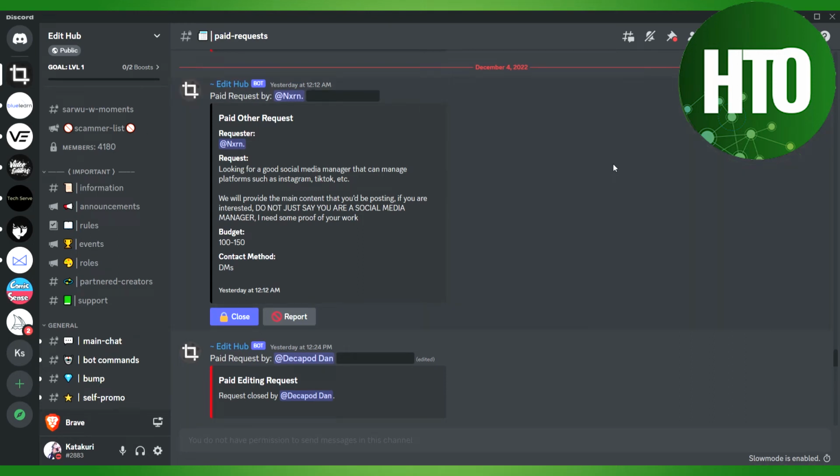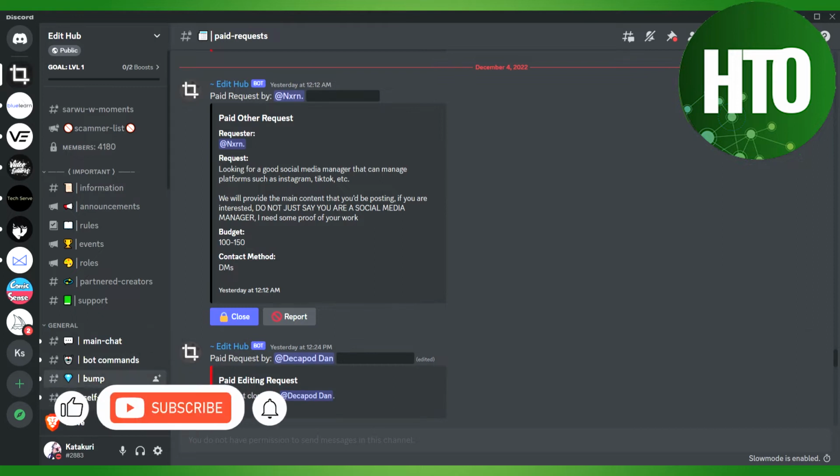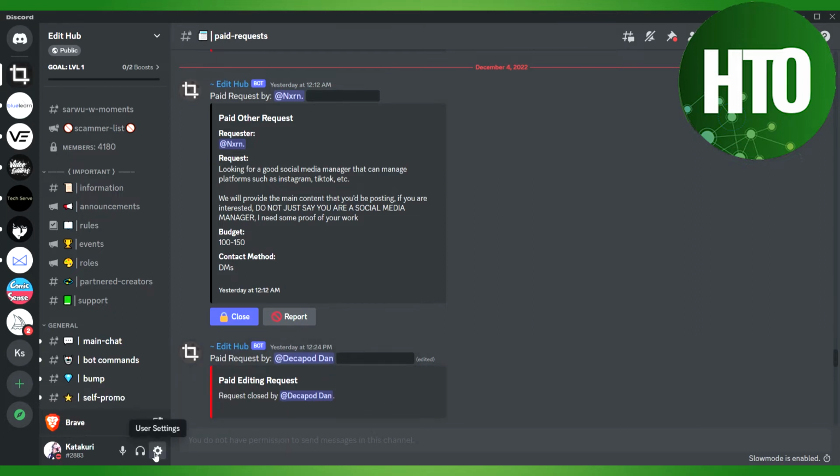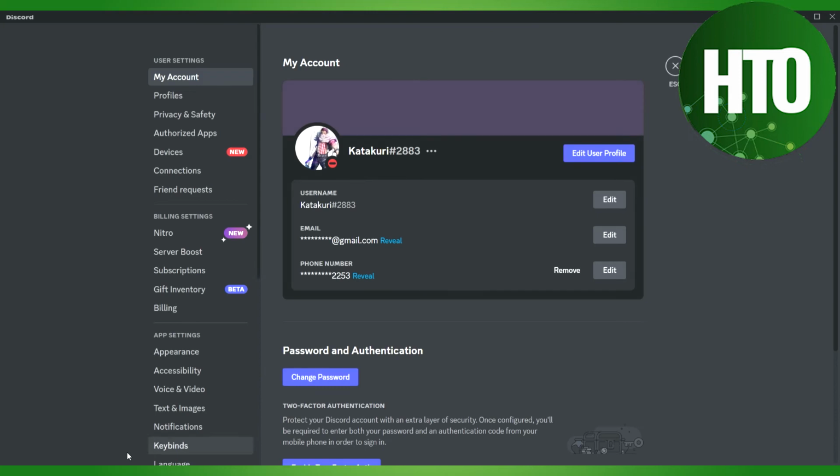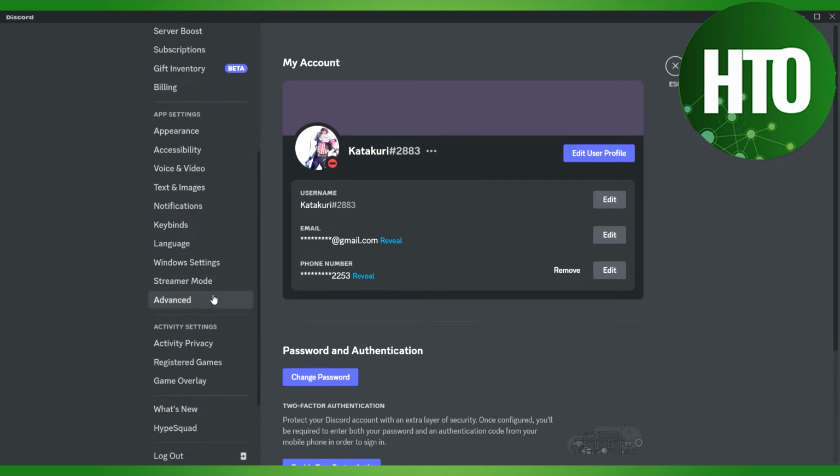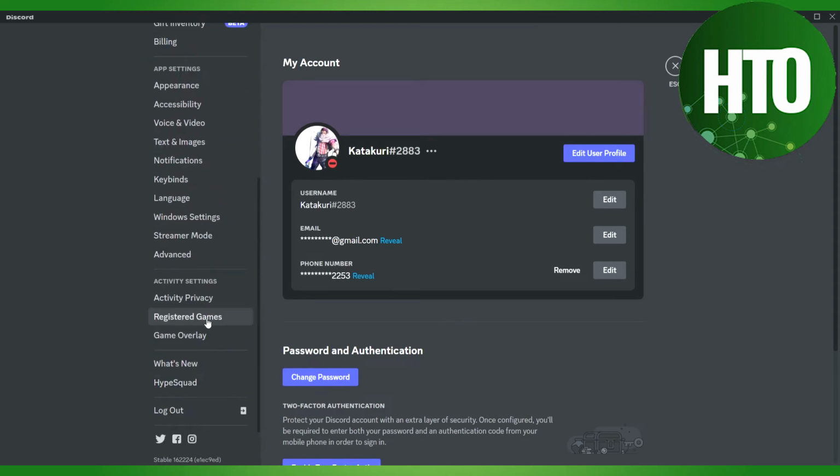In this video, I'm going to show you how to stream Netflix with proper audio in Discord. So the very first thing, if you want to share a screen, you can share a screen just by clicking here. But if you want to share a screen with proper audio, then you have to go to the settings here, and go down below, and you can see the option